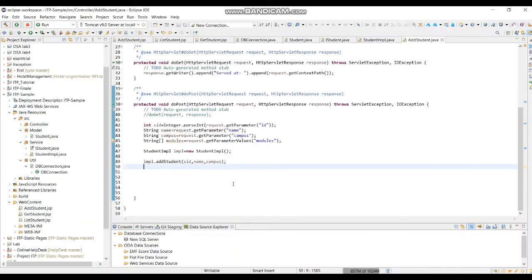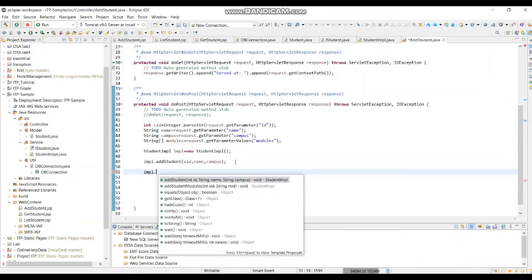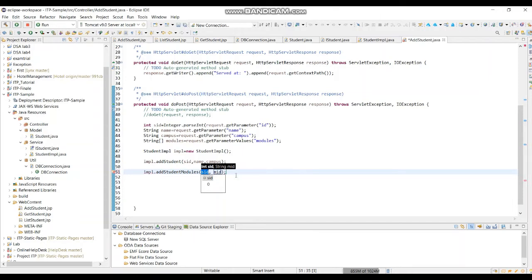Okay, now we are done with inserting the values in the student table, and we have one more table, student modules. Only after inserting into that table is this registration complete, because at the time of registration the module details are also recorded. So we have to pass the modules value to the table as well. For that I have created another function, add student modules. Okay, so here we are going to use a for loop